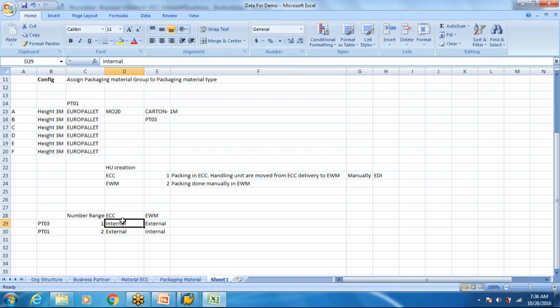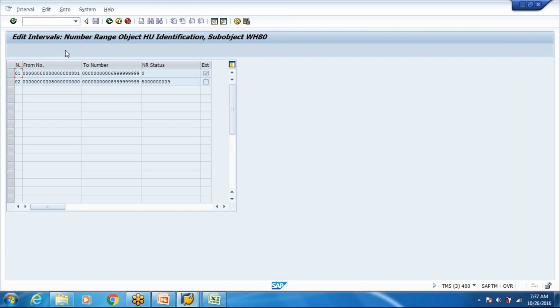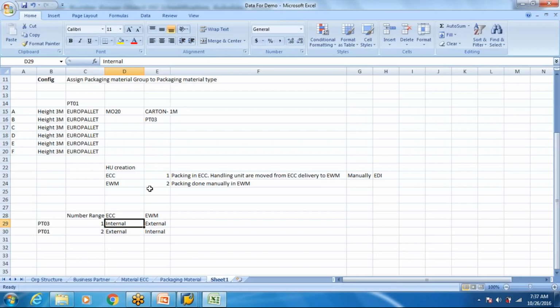I've just given you a very basic case where your business is creating internally. To give it manually, I want to use this number, is very rare, because there are hundreds and thousands of pallets and it is fast moving. Chances are less that people say the last number was this, now we have to create this number. So always people go with internal number assignment. Okay. So both the systems, ECC and EWM, define whether you want internal or external.